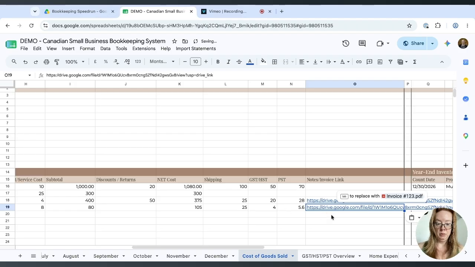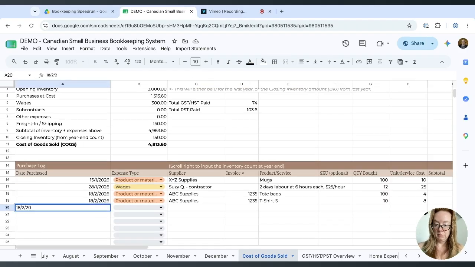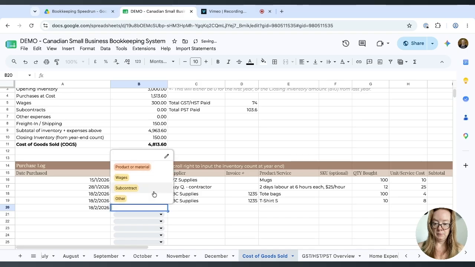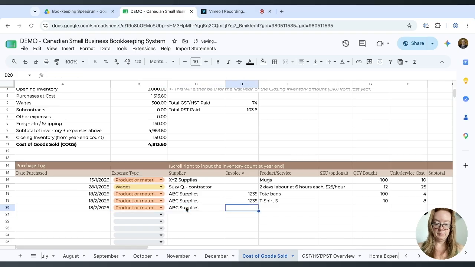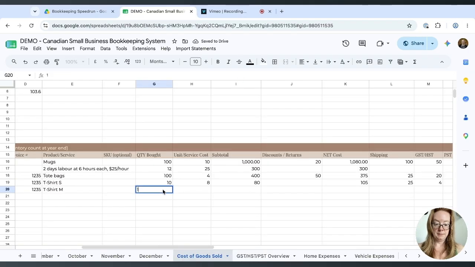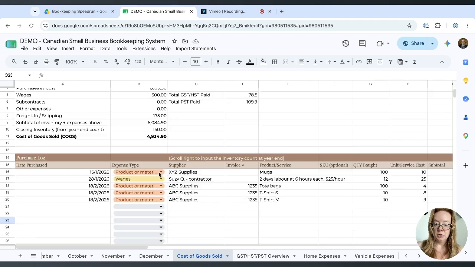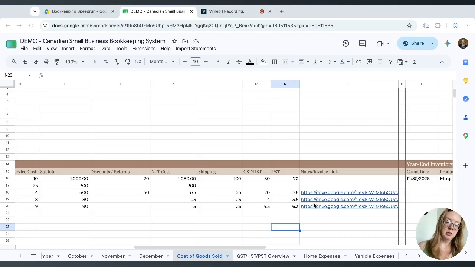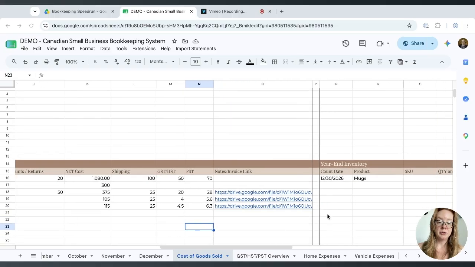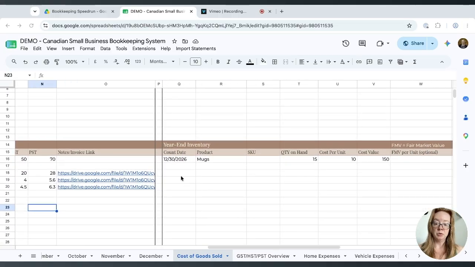That's number 2. And last one. Last one. So that's how I would do it. So all 3 of these are from the same order, but I've added them 1 product per line. And the reason that we do it this way, 1 item per line, is so that when we go to do the year-end inventory count, we can go line by line and see how much we have left of each